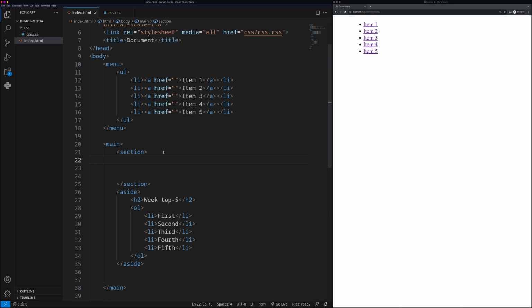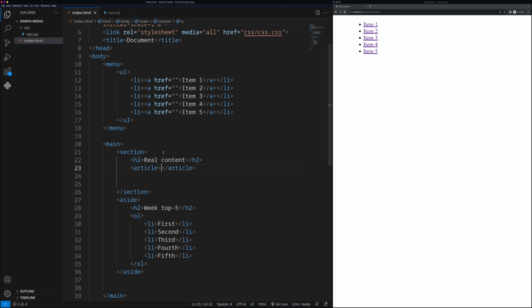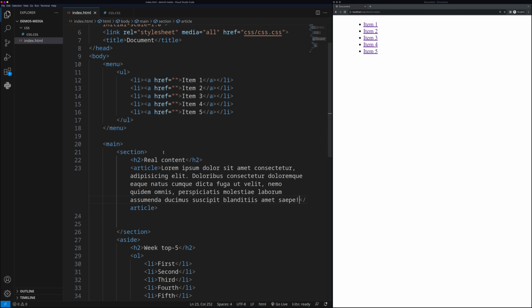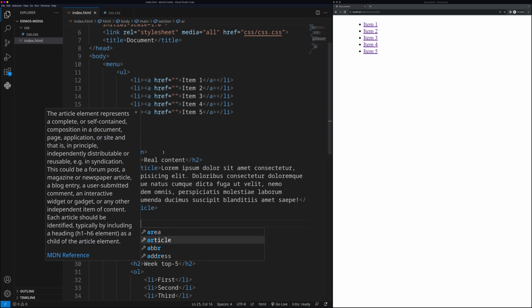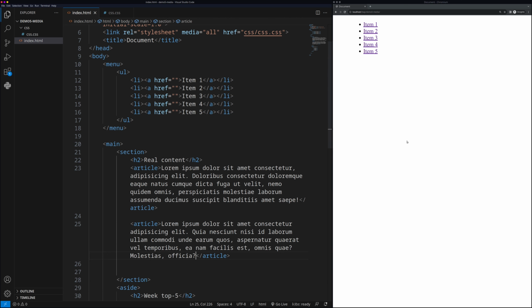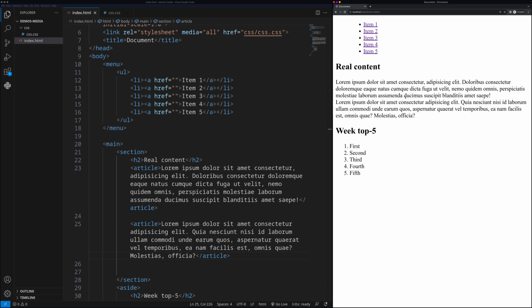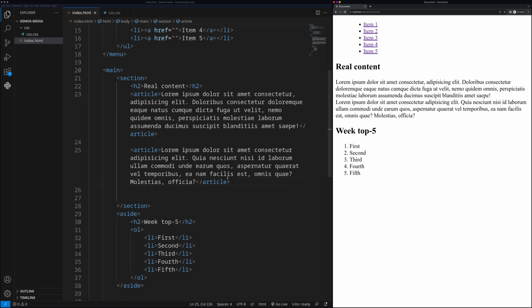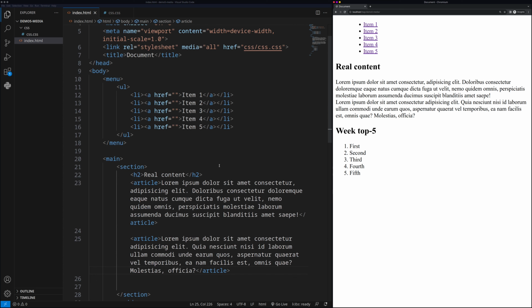In here, in the section part, we have the real content. Let's call it real content. And we have an article there, which could be something lorem ipsum style. And we can have a second article, which is also some kind of lorem ipsum style. So we have some kind of random text there. And now we have these two articles, real content, week top 5, and menu link. We don't even have any logos or name for this web page, but this is enough. Now we have the